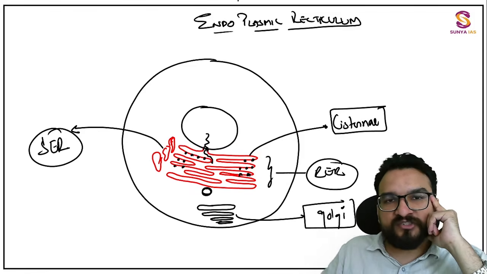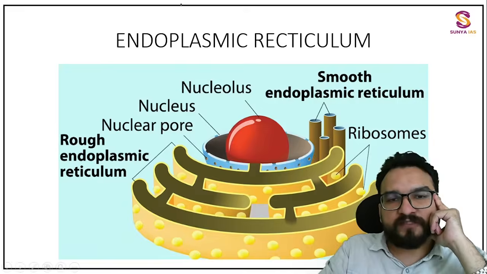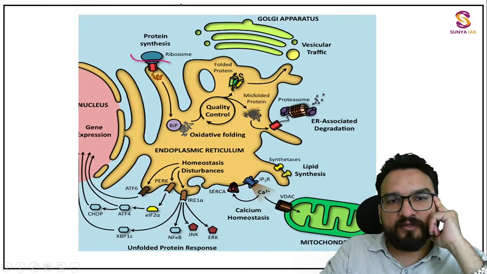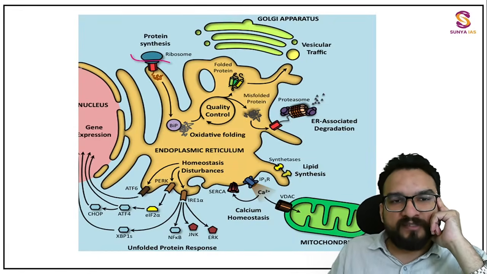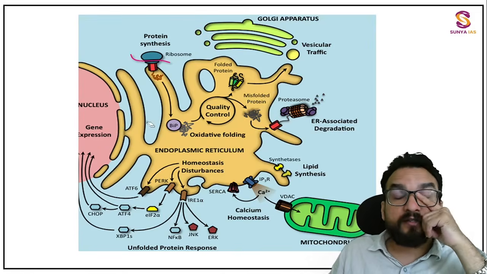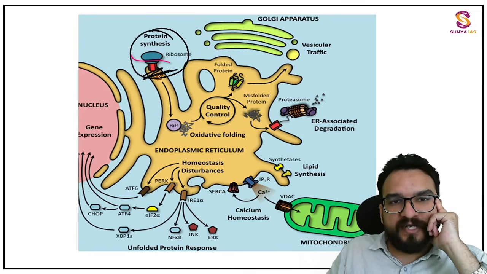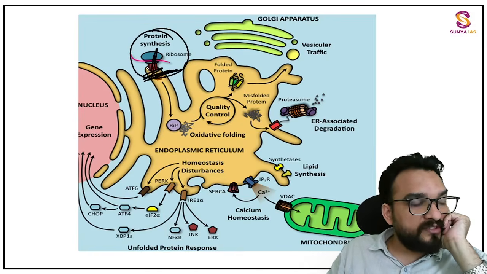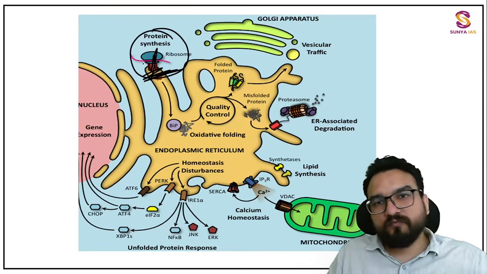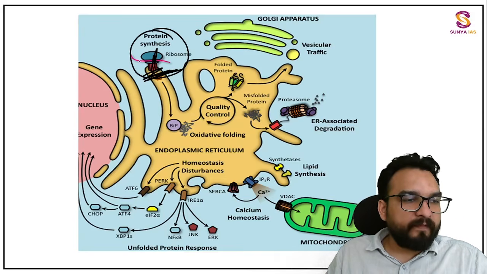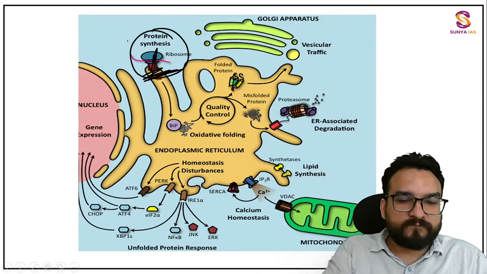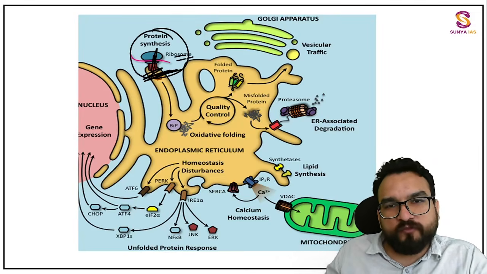So let me show you the structure of the endoplasmic reticulum first, guys. See, this is your endoplasmic reticulum. Focus where I am pointing. This is your nucleus. Now outside this nucleus, you are seeing this connection of the endoplasmic reticulum. On this you will find ribosomes attached, which are important for protein synthesis. Okay, just wait. So over here, you will find this ribosome.